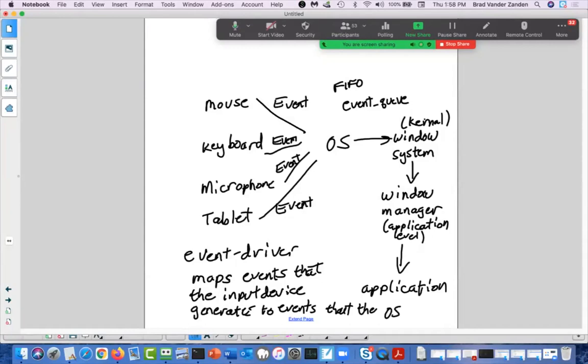Because the OS may not recognize the specific events that are generated by my tablet. So an event driver is a piece of software that you typically have to load whenever you put a new device or attach a new device to your computer. That event driver software,